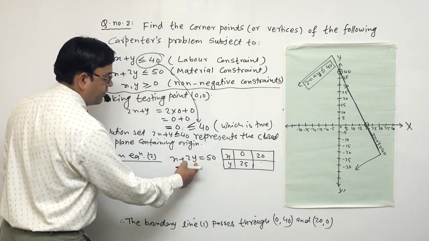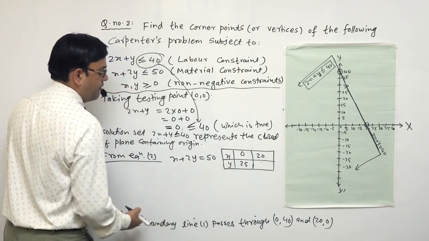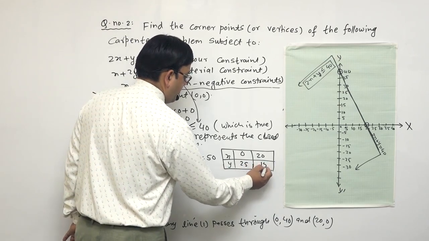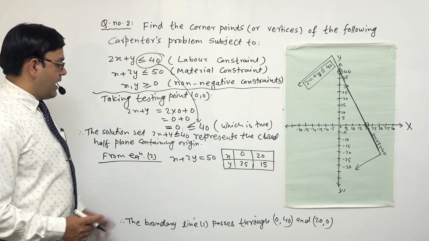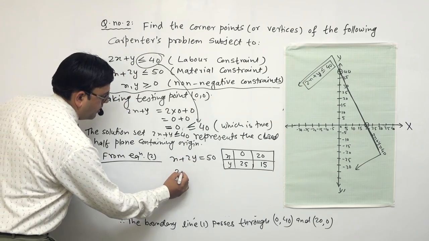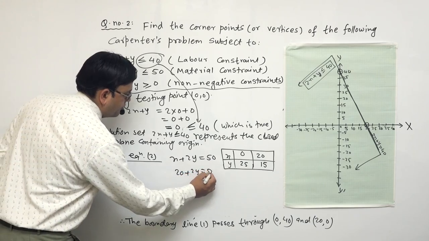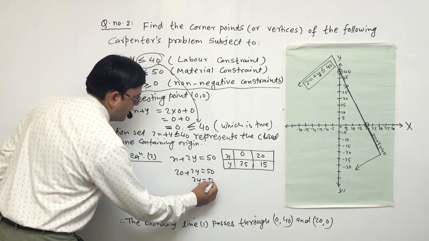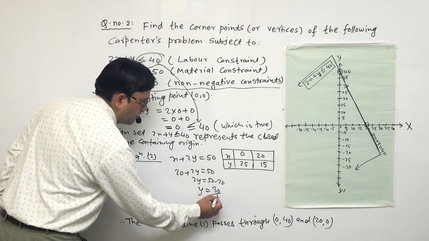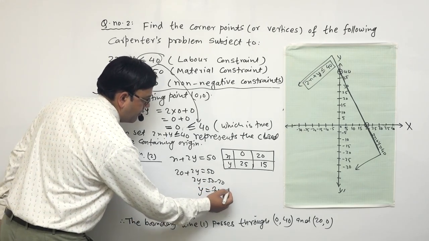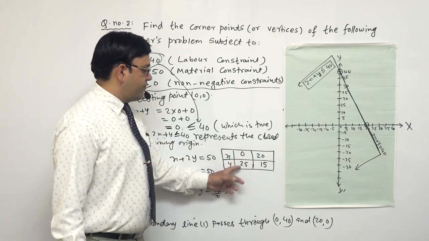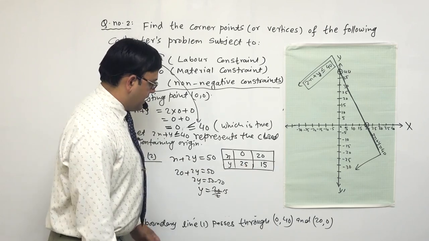then 2y = 50 minus 20, 50 minus 20 is 30, 30 by 2 is 15. When x = 20 भयो भने 2y = 50 minus 20 हुन्छ, y = 30 upon 2 भयो and then this means 15 आयो। यसरी चाहिँ 20 र 15 आउँछ। अब यसलाई चाहिँ हामी यो 0, 25 र 20, 15 लाई प्लट गर्दै छौं।